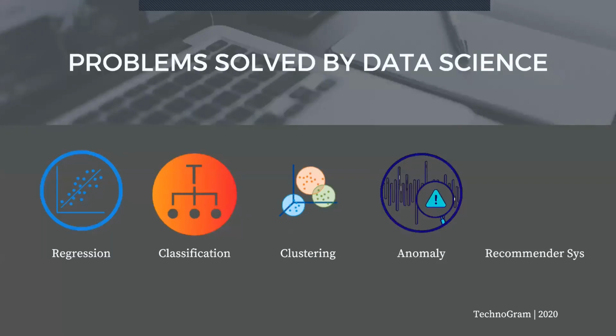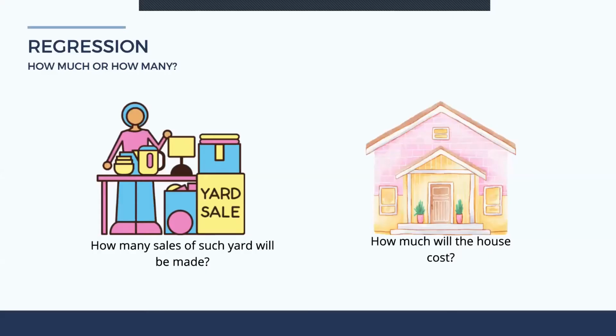The problems that are solved by data scientists are regression, classification, clustering, anomaly, and the recommender system. These are a few of the problems solved by a data scientist. Regression helps us find out the quantity or number in terms of how many and how much. How many, like a salesman selling products to meet their target; how much, like estimating how much a car